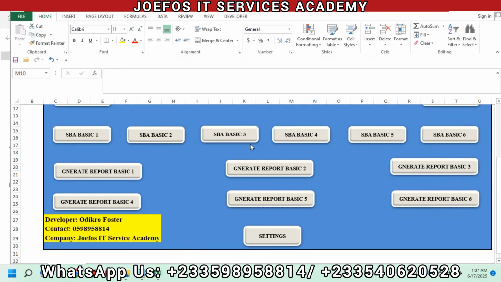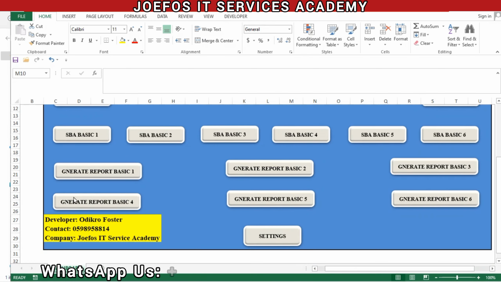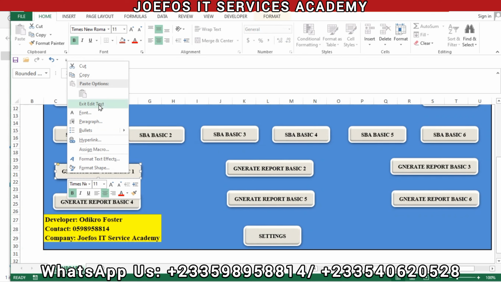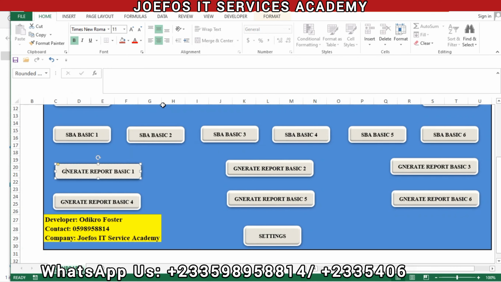All right, so before we start designing the About page of the school-based assessment system, I want us to do some necessary corrections here. So let's check the generate report SBA basic 1, generate report basic 2, generate report basic 3, generate report basic 4, 5 and 6. So it's left with something that we need to add. So let's just control. Okay, so we can just enter it there. It's left with